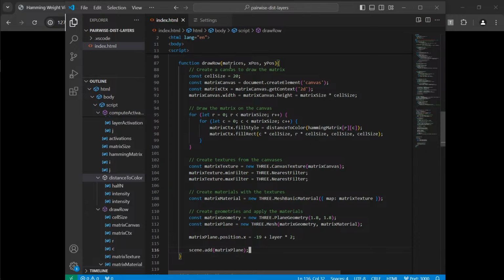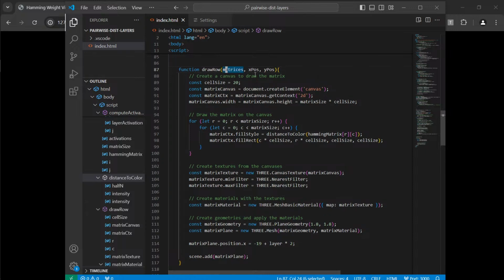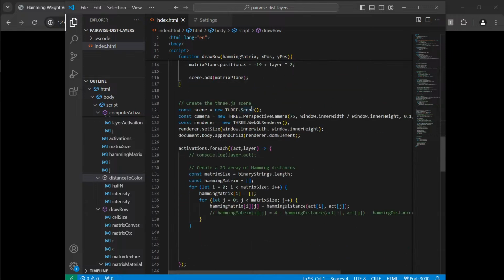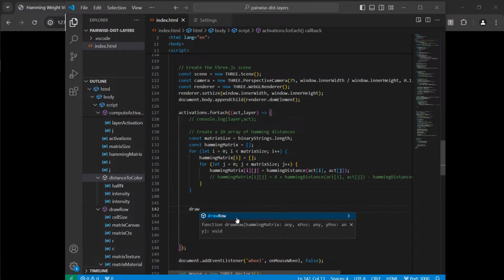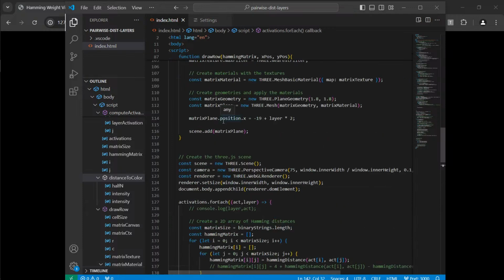Yeah, that's fine. So this is just a single matrix. Right, let's just call it the Hamming matrix. This will probably irrevocably break the thing, but that's fine. Yeah, this isn't actually drawing a row, it's drawing an individual matrix. That's fine. Okay, Hamming matrix, and then it's going to be at